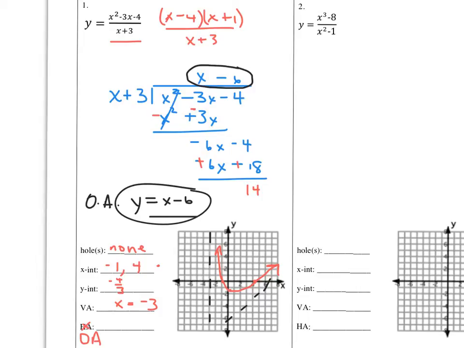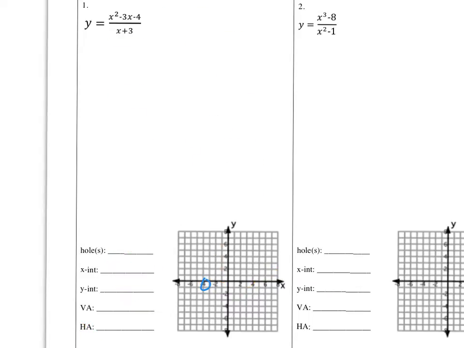I am not going to graph the other part just because if I plug in an x value of -4, I'm going to get a y value of -24, so it's way off of the graph. So based upon the picture that we have, this is good enough. All right, let's look at